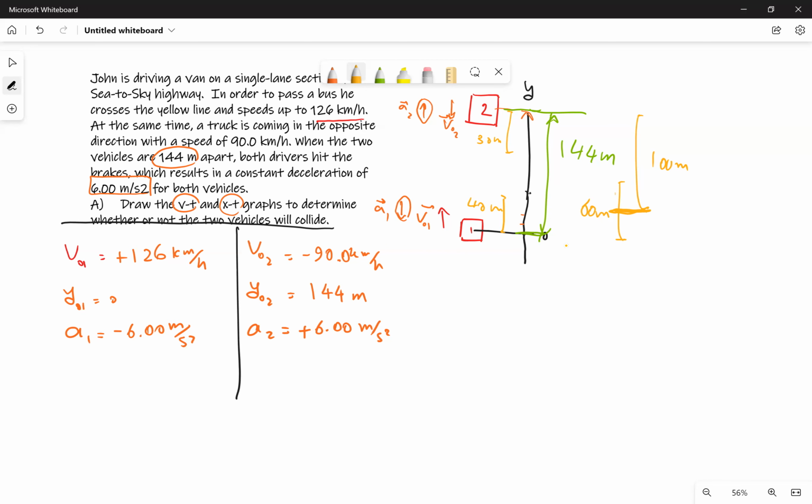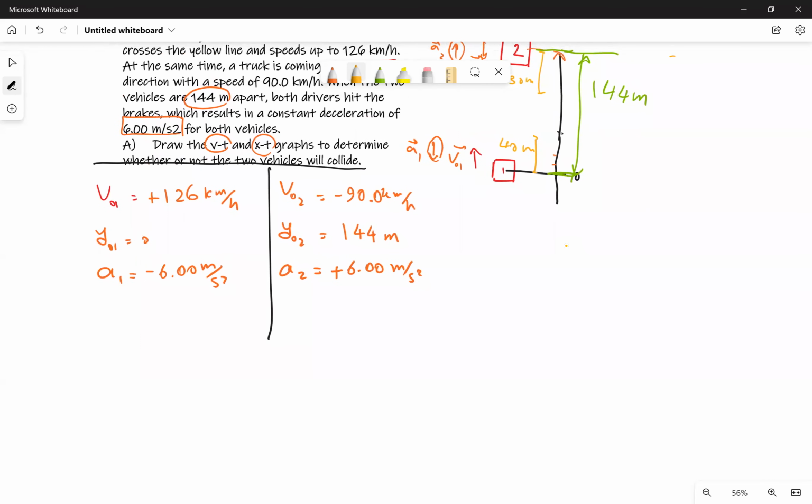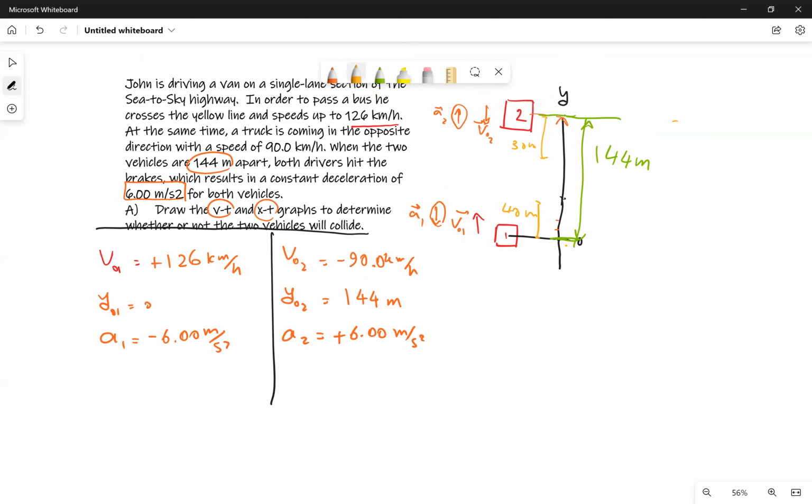So what you can find out is the stopping distance for both vehicles, and then determine whether that stopping distance would be enough for the vehicles to come to a full stop. So how do you find that? If they stop,